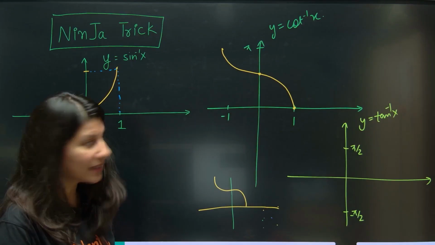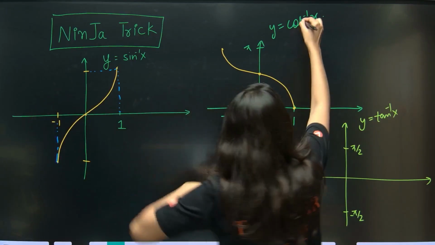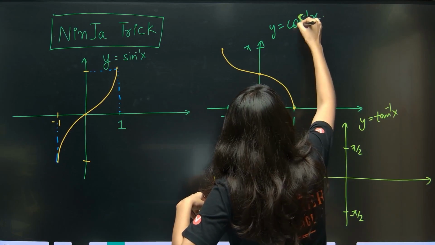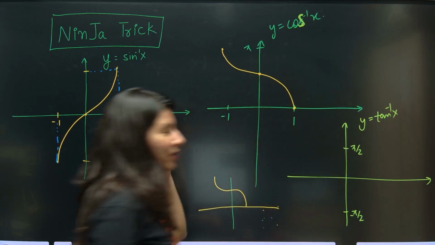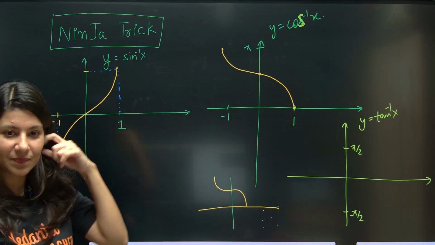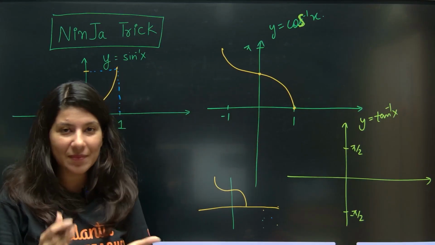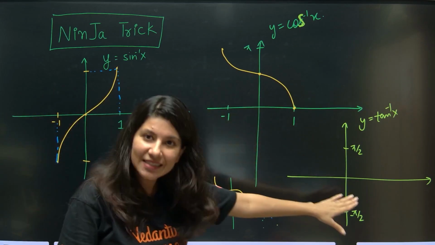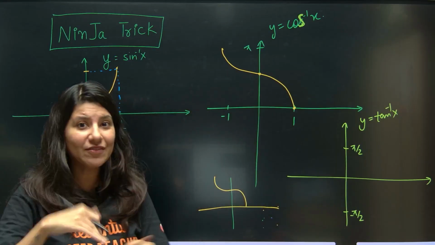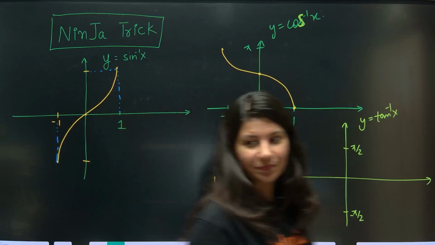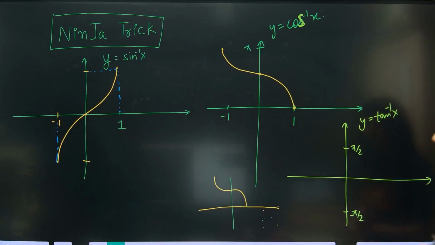Cos or cot? I think it is cos. Yes, sorry, cos. I'll make that mistake. Okay, tan inverse x. Sorry, this is cos. Primary, we are only plotting the primary ones: sin inverse, cos inverse, tan inverse. The rest three we will derive. So now this is minus pi by 2 to pi by 2.